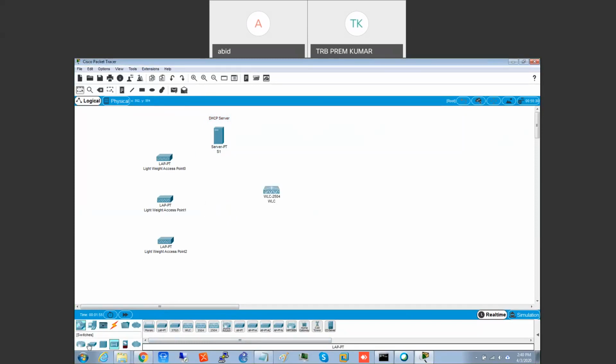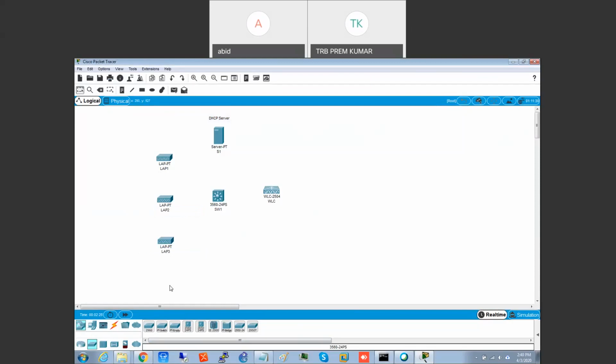We'll take one normal multi-layer switch, 3560, and give names like LWSW1, LAP1, LAP2, LAP3.